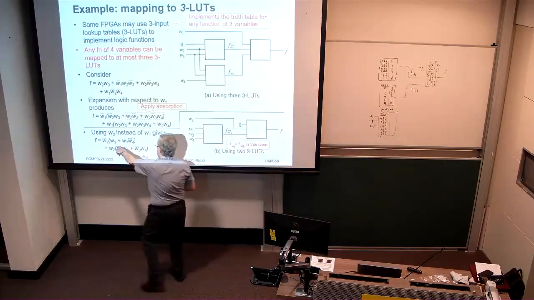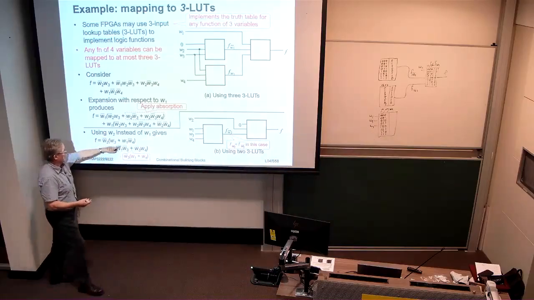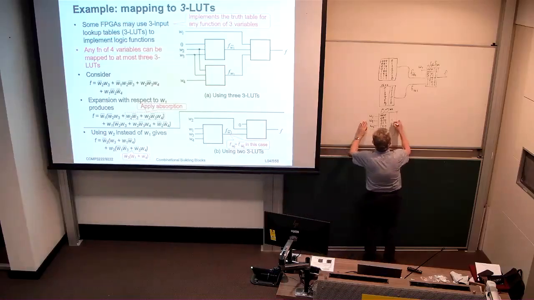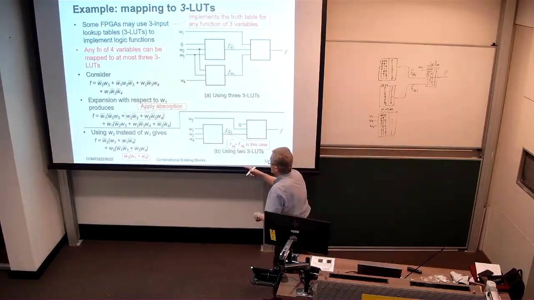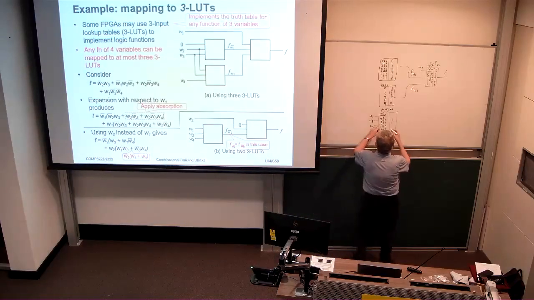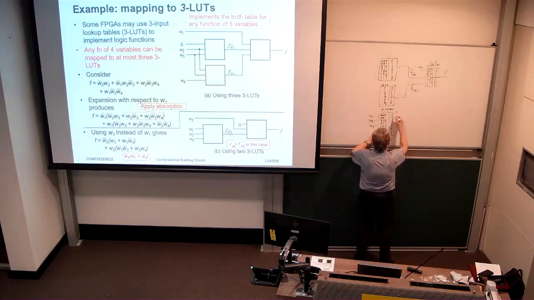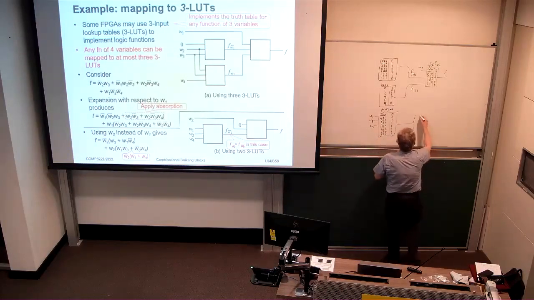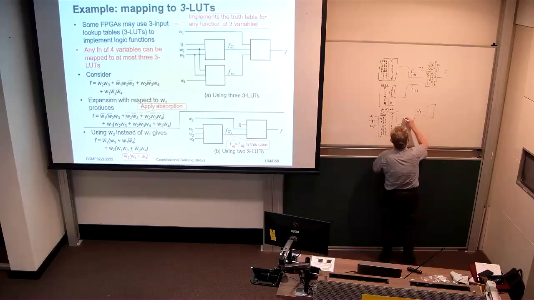So the cofactor of F with respect to W2 bar, which is this. So it's going to be asserted whenever W3 is asserted, which are in those two, or when we have W1 not W4, which is here and here. And in every other case, that's 0, and that's going to come into this other lookup table, which has W2 coming in as well. So this is F,